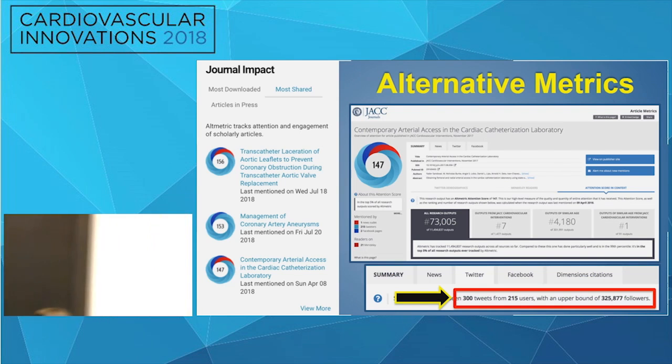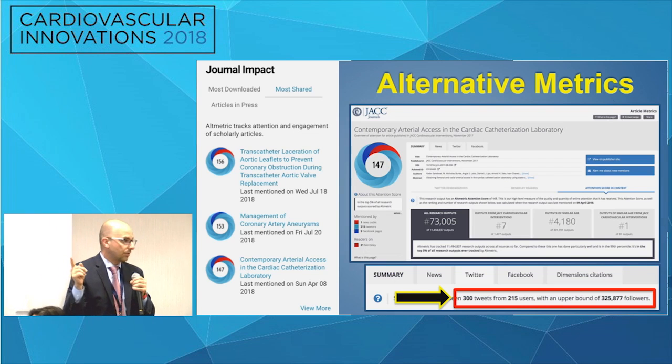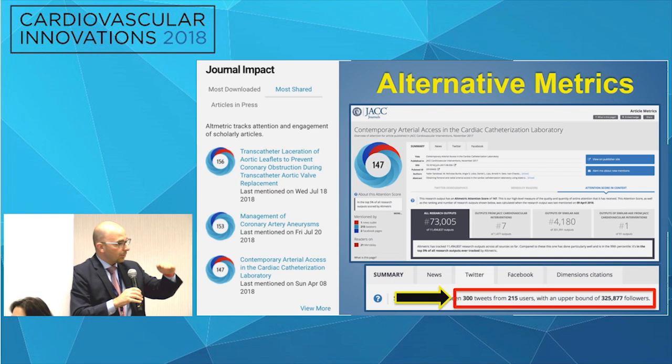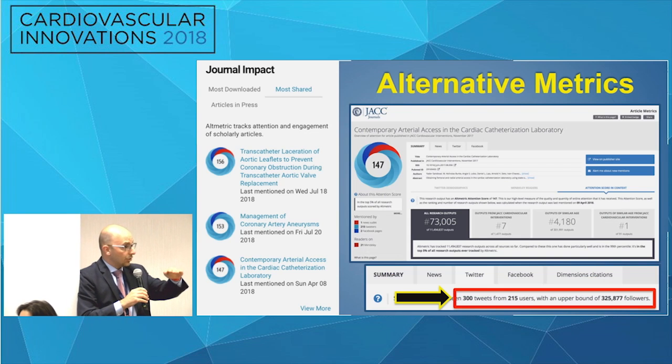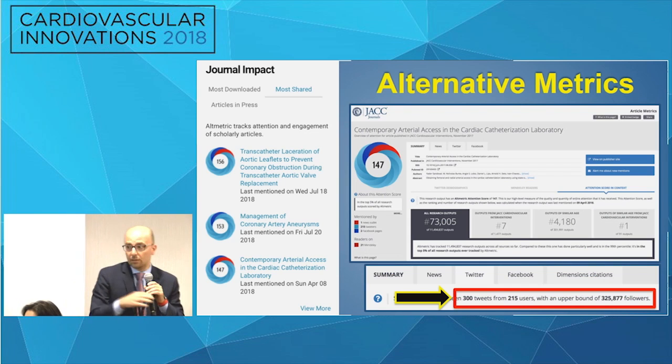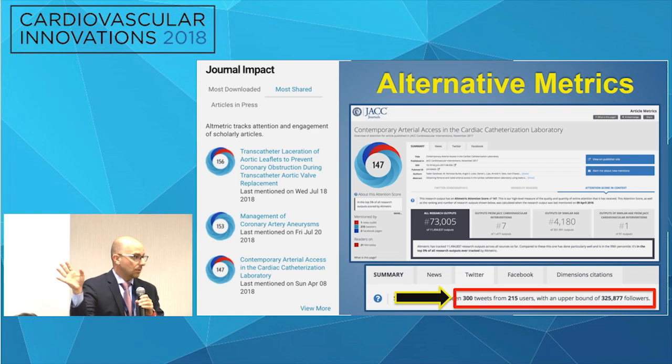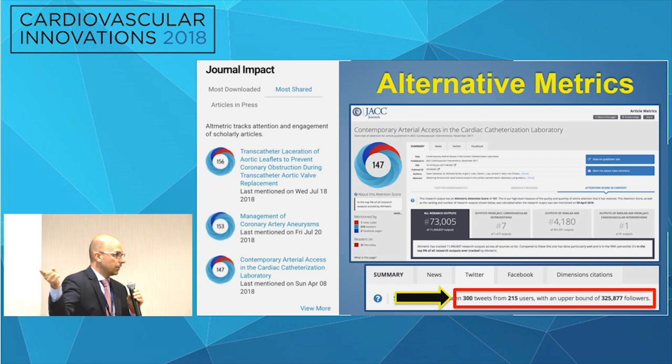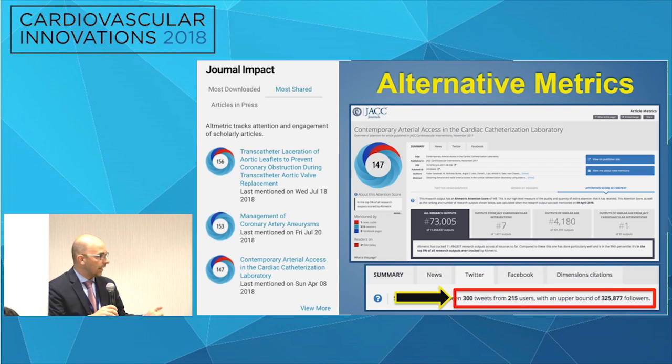There's one paper published in Neurointervention showing that the higher the Altmetric score, the higher the readership and citation. So going back to Yader's point, although traditionally we go by citation for your academic career advancement, this can improve your citation numbers. So it's a snowball effect. The more you share it yourself, people will like it and share it again, they will go to the website, they will visit it more, and you have thousands and thousands of people visiting, downloading and sharing it again, and you eventually will have more citation.